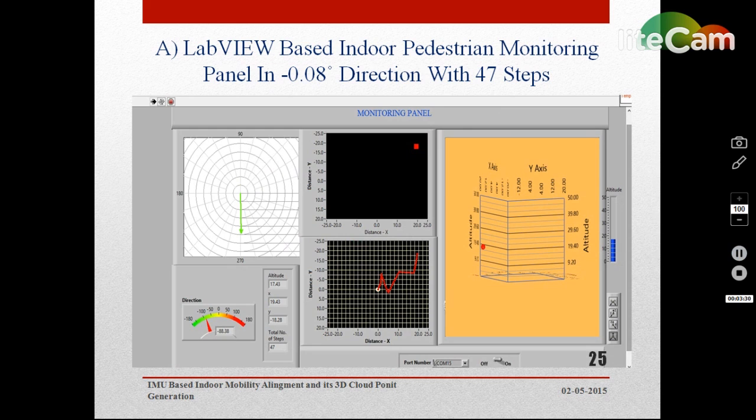The figure here shows a LabVIEW based indoor pedestrian monitoring panel in a minus 0.08 direction with 47 steps, and in figure B, which is coming below, it shows a direction of about 47 degrees with a step count of 7, and here in the monitoring panel we have to connect with an RF transceiver with a whole kit, and here we show